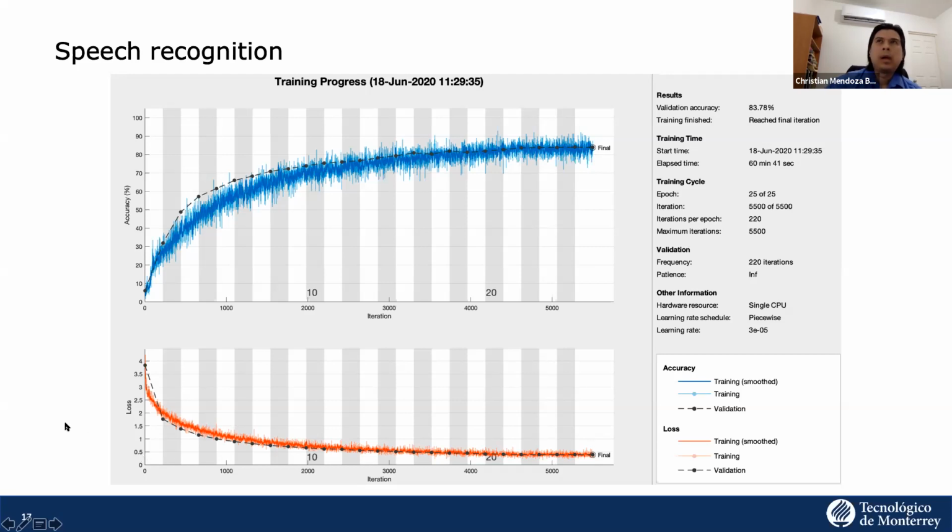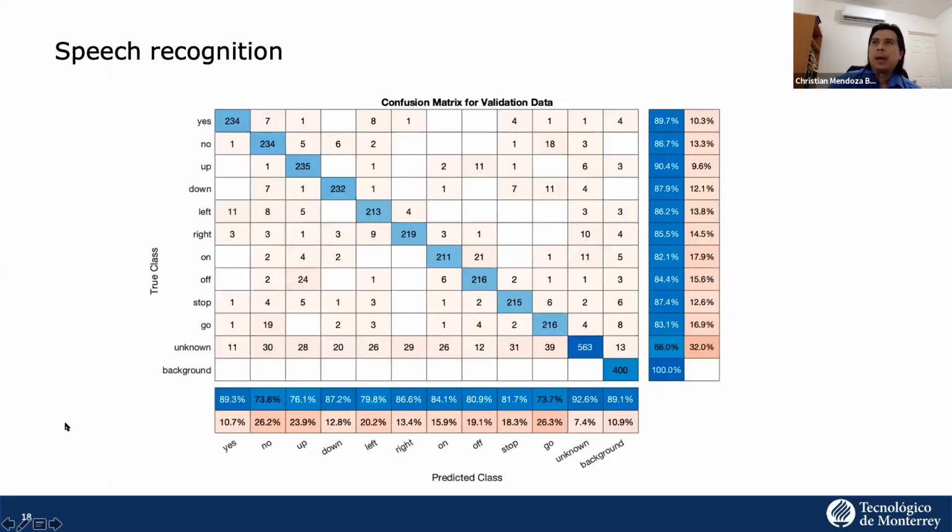Now I want to talk about the confusion matrix, which is a tool we use to determine if the training is good or not beyond the plot. Over here we are talking about the yes category of words. If we hear a yes and the model detects a yes, then it's working properly, and the same goes for the other words.